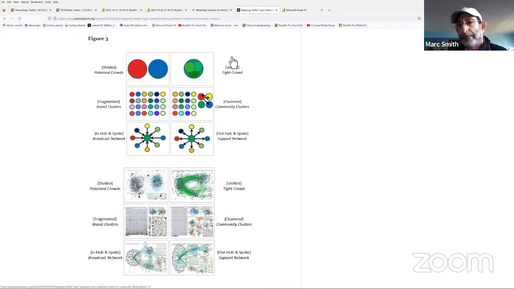structures that seem common. Now, I really want to make the caveat here that we are not saying that there is not a 7th network structure out there. We're saying that, like the physicists who keep showing up with new elements for the periodic table, you are welcome to add your network structure as soon as we have evidence. And we are looking for that evidence. We are looking for the other common network structures that not could occur, but do occur in social media. We would like to see it. We, so far, have mapped several million of these networks, and we see these 6 patterns. And these 6 patterns are divided, unified, fragmented, clustered, and the in and the out, hub and spoke.